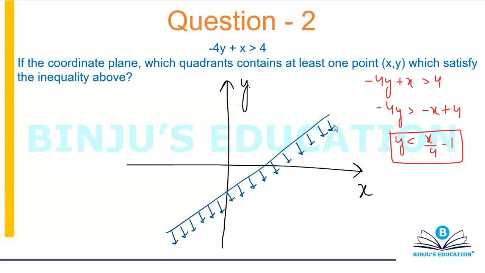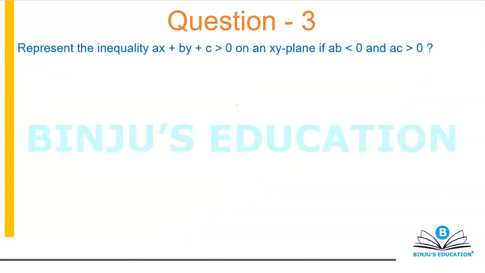So you have points in the third quadrant, fourth quadrant and first quadrant satisfying the inequality, but in the second quadrant you have no point. So the question is, which quadrant contains at least one point? In this case your answer becomes first, fourth and third, or first, third, fourth if you want to write in sequential order. And which quadrant contains no point? That becomes quadrant 2. So these are like the easy questions of this chapter. Anyways, let's move on.